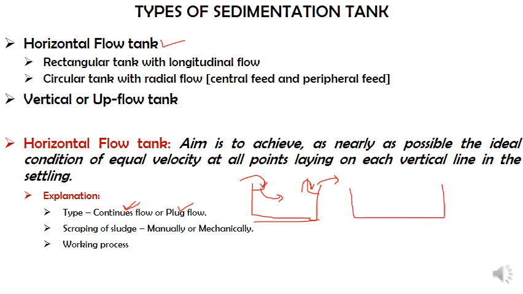Now similarly, plug flow indicates what? We have a tank where we are going to store this water for a fixed amount of time, and once the entire settling has taken place, we'll empty all these contents, and then the fresh water will be added. So here it will not be a continuous flow. Once we add the water into the tank, we'll wait for some time so that the settling is done, then the inlet is cut off, the outlet will be started and the water will be pumped out. This is what we call a plug flow. Now similarly, the operating procedure as well as removal of sludge, we'll discuss in the next slide.